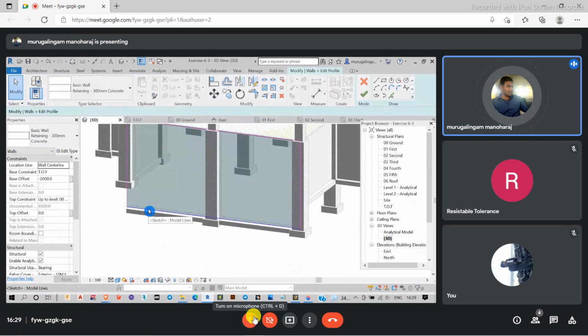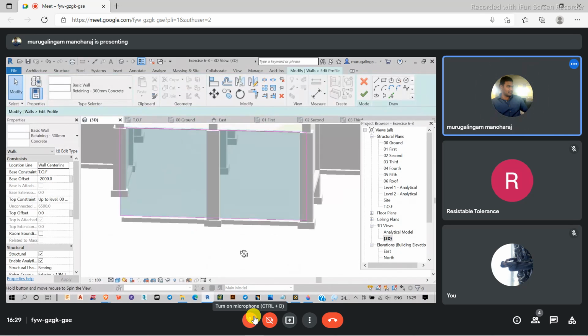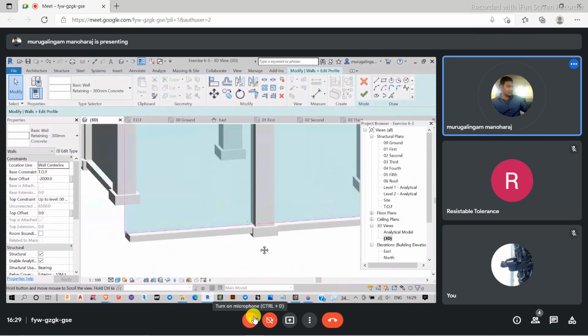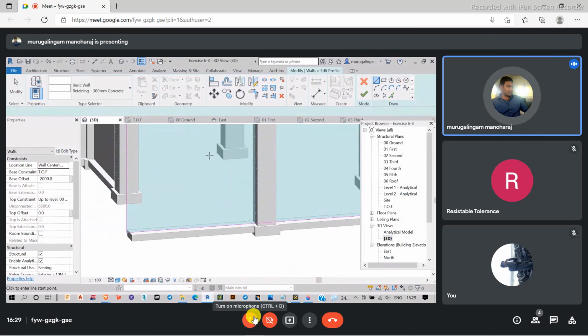Then I'm going to draw a line here. It's better to use 2D. I'm just showing it here. I don't want this line.